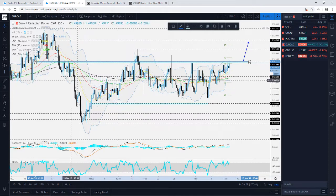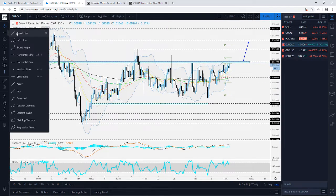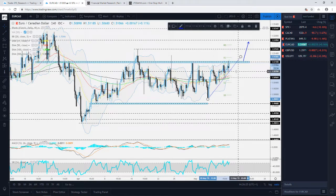In terms of the downside, well, we'll have to be very cautious here. In a way, we could try to find a level here, like for example the 1.5057, but what you could do here is keep a close eye on this little upside support line. So if we see a drop below this little tentative upside support line, of course we could consider slightly lower levels, but to be honest, for better confirmation, probably wait for a drop below the 1.5057, approximately there. You could even lower it down towards the